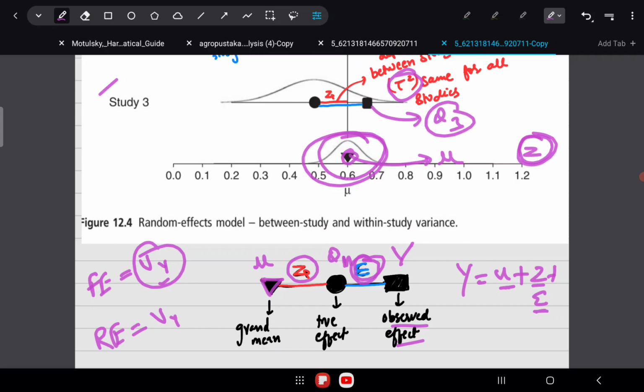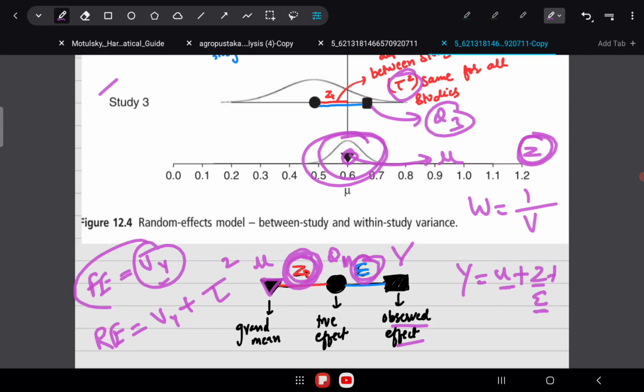but we also need to account for, in case of random effect modeling, between study variance, which we denote by tau square. Okay, so this tau square is the between study variance. This is also computed in total variance in random effect modeling, and because we know that the weight of a study in meta-analysis is nothing but the inverse of variance,